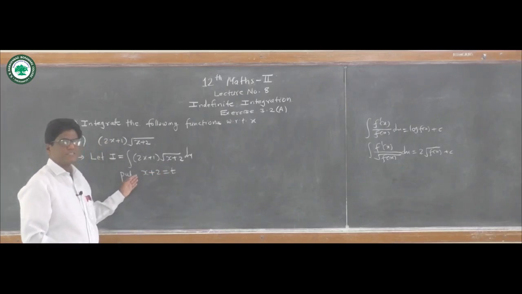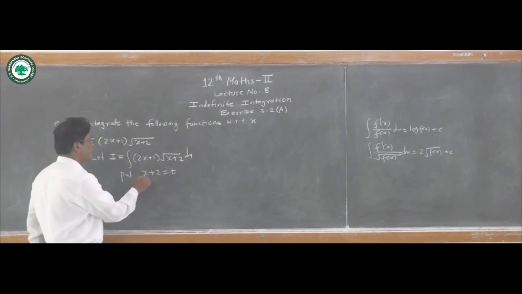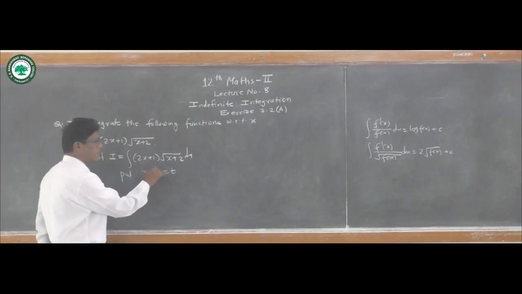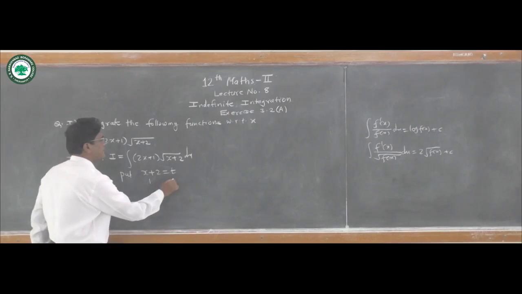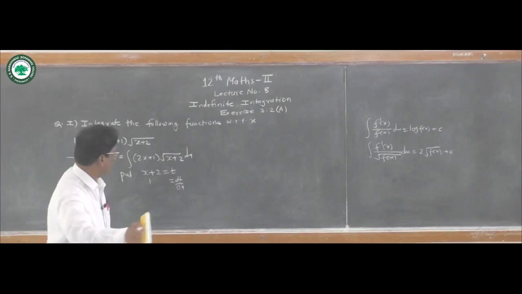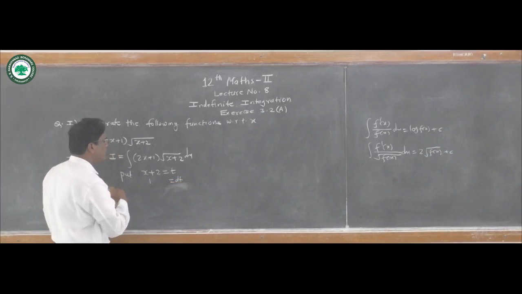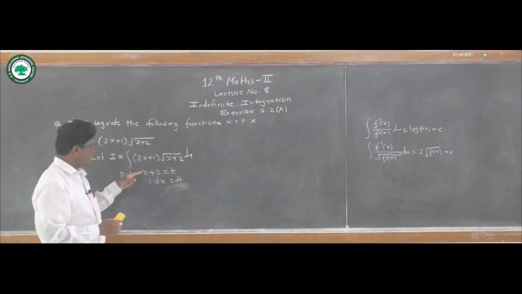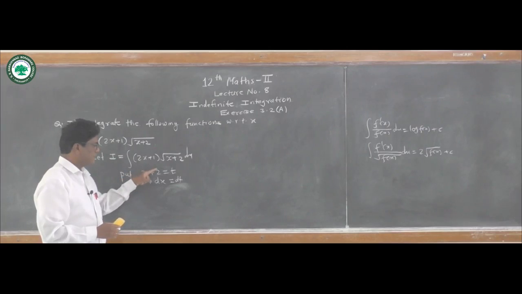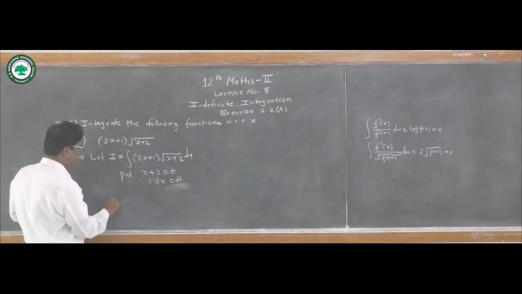Now differentiate with respect to x. The derivative of x is 1, plus the derivative of 2 is 0, and the right hand side is dt upon dx. Then we carry this dx to the left side, so we get 1 into dx equal to dt, and therefore I is equal to the integration of